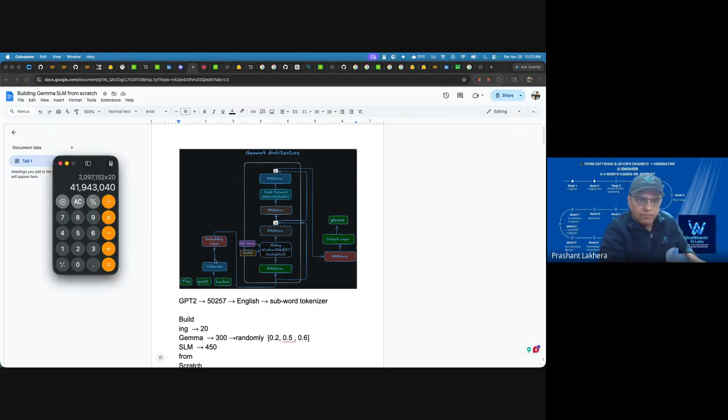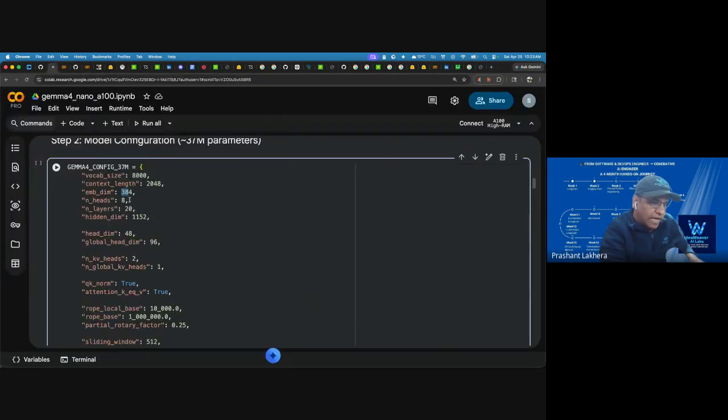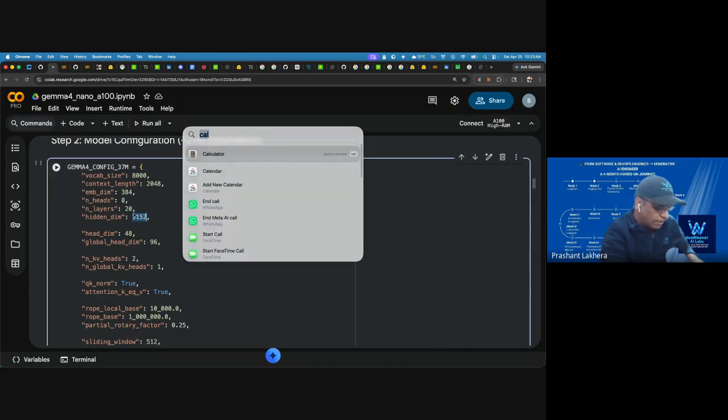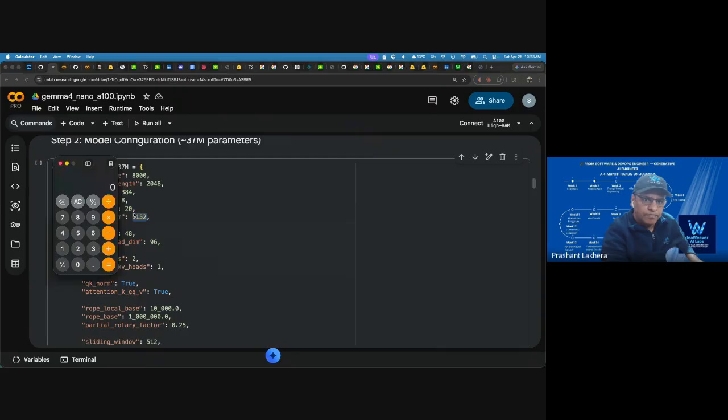I mean, let's do the calculation for our model. And just for the sake of simplicity, I have not projected into 4 times. I just projected into 3 times. And the only reason for that is that I want it to run on the T4 and all those GPU. If you really want to try it, you can make it 384 multiplied by 4, right? But that is going to increase my number of parameter. So what we can do, if we are going to do this calculation, 384 multiplied by 384 multiplied by 2, because we need to calculate it, 2179 multiplied by 20,